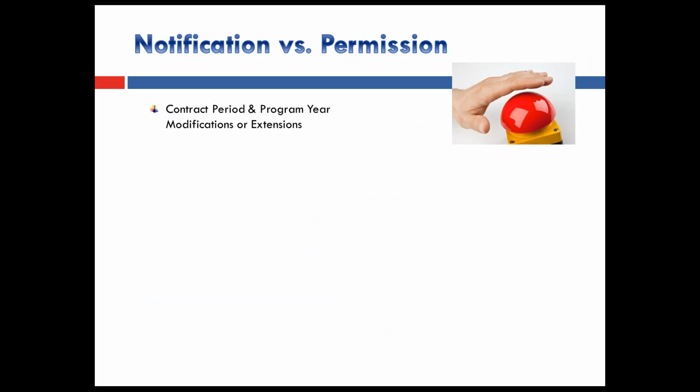Okay. All right, we'll play a few more of these. Maybe not as many as I was thinking. But all right, contract period and program year modifications or extensions. So if you need to modify anything in your program year or your contract, so if you need an extension, see, everybody's good. Cannot trick you. That is an instance of permission. So there's a number of things that need to be factored in if you're looking at an extension. So we do ask that you ask your program officer for permission so we can keep track of all those things.